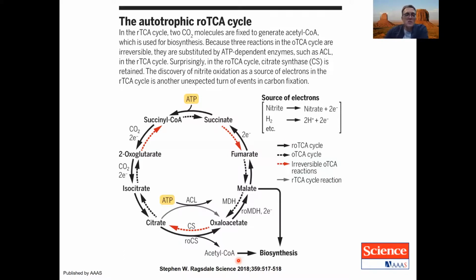So this is an ingenious way, because these bacteria have a source of electrons that other organisms don't, okay? Most organisms cannot pick up the electrons from ammonia or nitrite, but these guys can do it, and they can also use free carbon from the atmosphere, CO2, and use that to generate acetyl-CoA that way. It's a pretty cool thing.